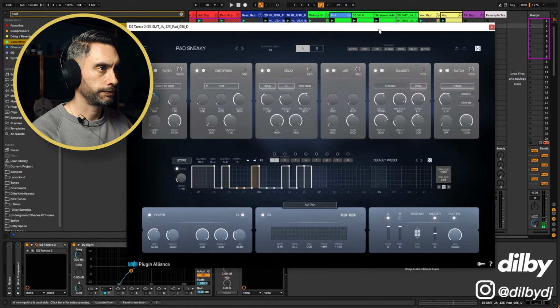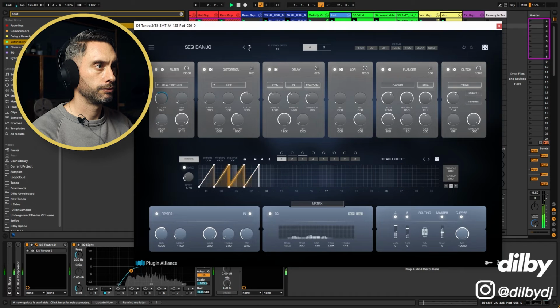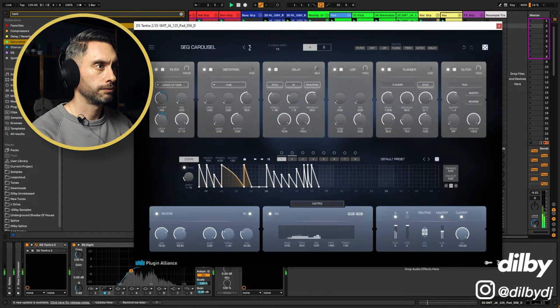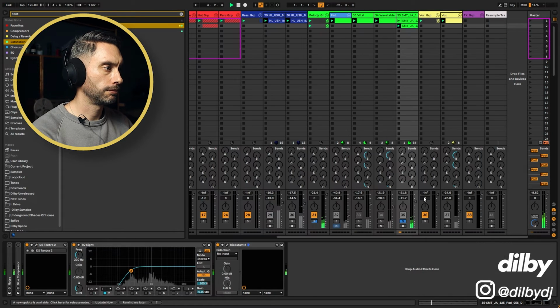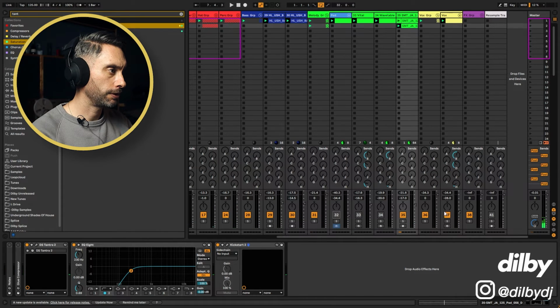Different preset. So if I turn this off, turn the